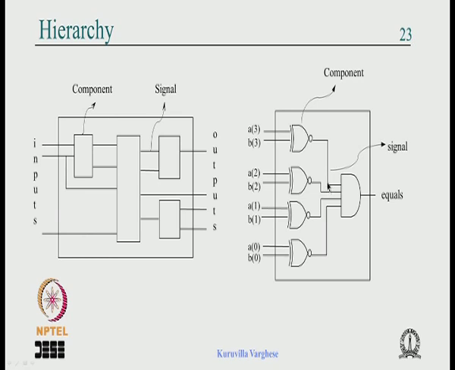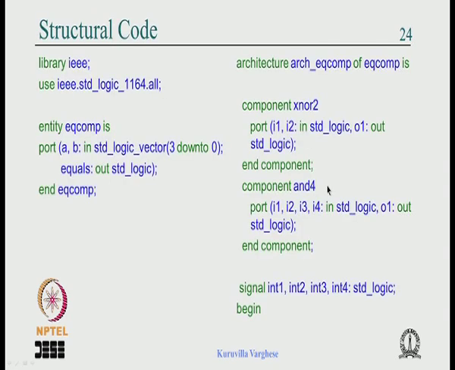So let us go to the VHDL code. You see the entity part is exactly the same. We have the library declaration, the package use statement, and the entity, exactly similar to the previous one. A and B are 4-bit vectors, equal is a single bit. Okay. When it comes to the architecture